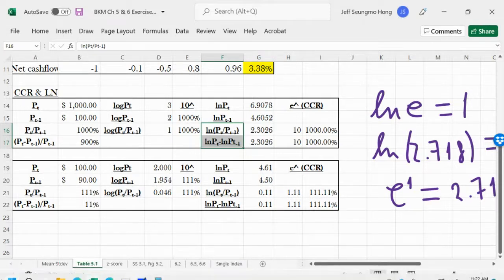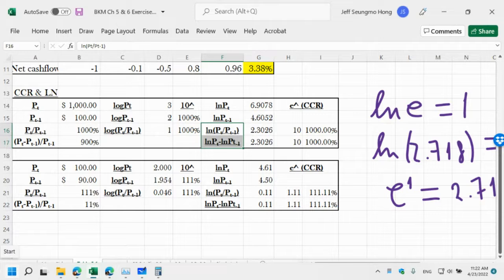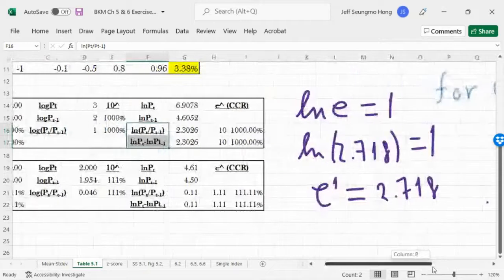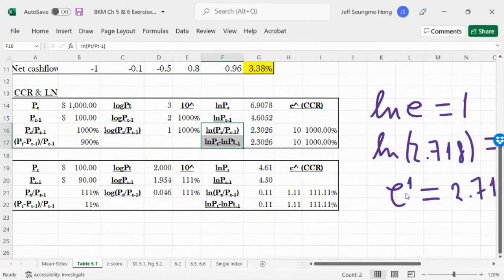But in this example, as you can see, the return is not a number between 0 and 1. In this case, the return is way greater than 1, right? So the gross return and the net return, when we take the natural log or continuous compounding, can't be the same. But if the return is, see here, a small number, small change,